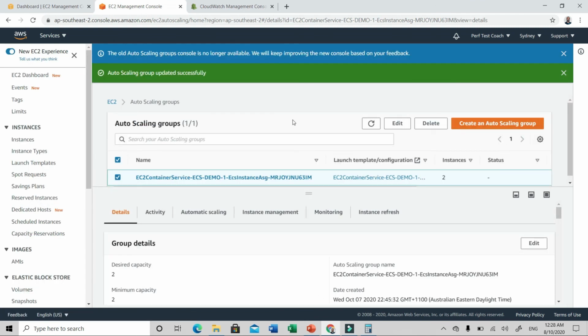So that's all for this lecture. I have shown you how to create auto scaling alarms at the ECS cluster level, that is, to add or remove EC2 instances based on your load. I hope this will be helpful when you're working on real performance testing projects so that you can make these changes yourself and you don't have to depend on developers, right? That will save you a lot of time and you can play with different combinations of auto scaling alarms without much dependency on developers. Okay, that's all for this lecture.